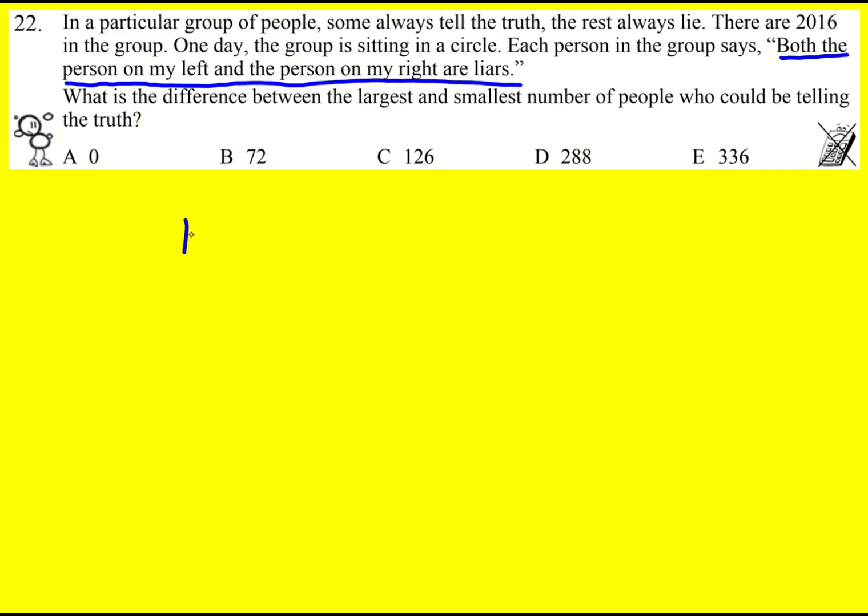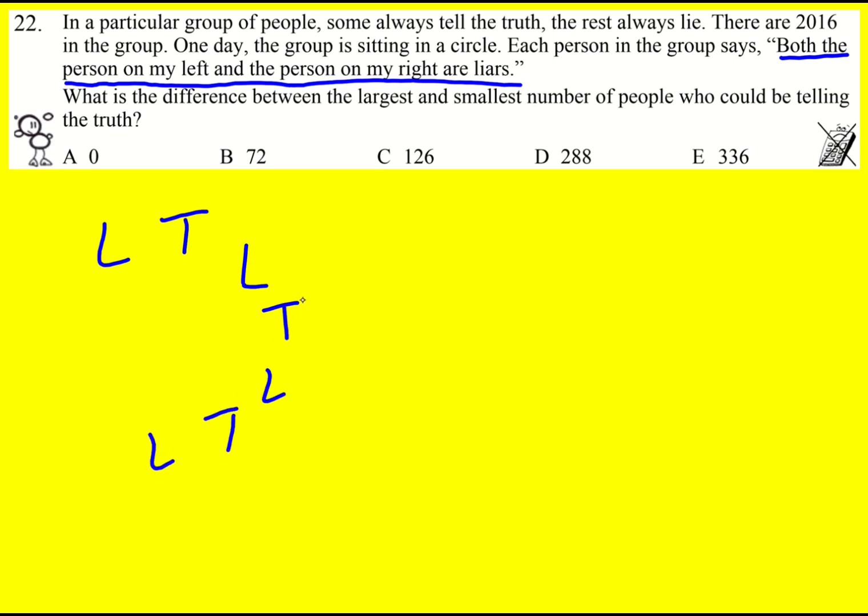So let's say I've got somebody who is telling the truth. Then it's not possible that they can be sat next to another person telling the truth, because then they wouldn't be telling the truth. So I can rule that out. So it must be that if somebody is telling the truth, then they have somebody next to them who is lying, either side. Now, one option is that I can then alternate,